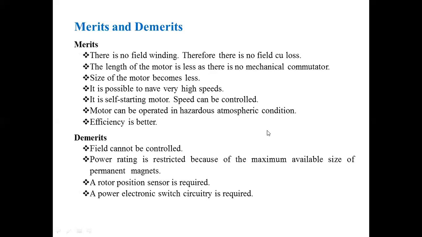But with these permanent magnet brushless DC motors, there is no possibility to get high speed values. There is a limit value. Why? Because permanent magnets can produce only a particular amount of flux. For suppose, 30 milliwebers is the fixed value for producing the flux. That permanent magnet can produce a flux of only 30 milliwebers.